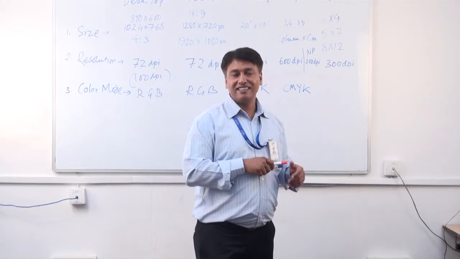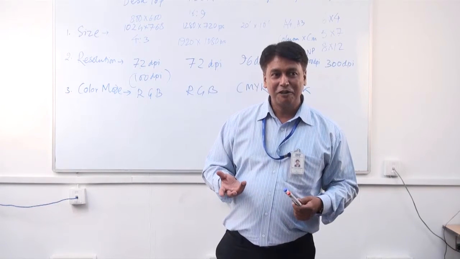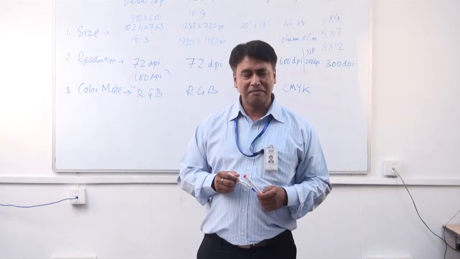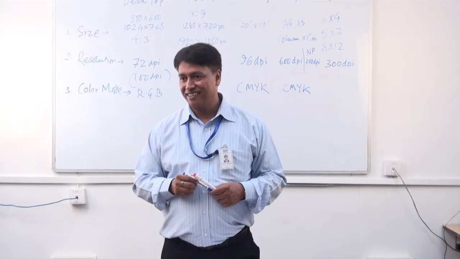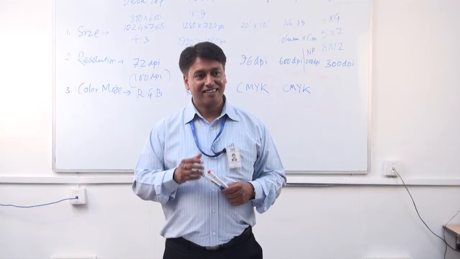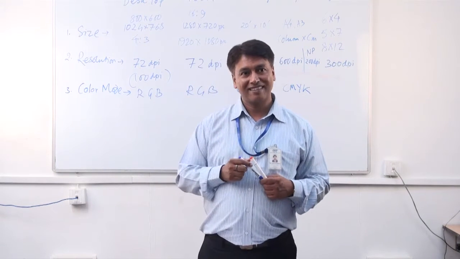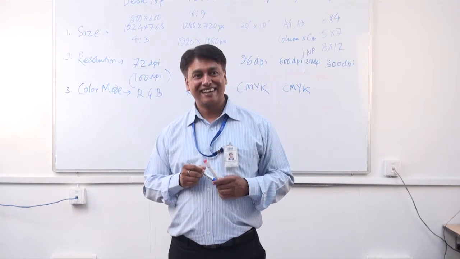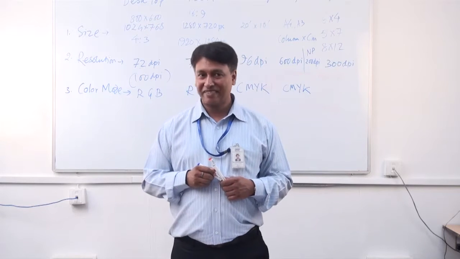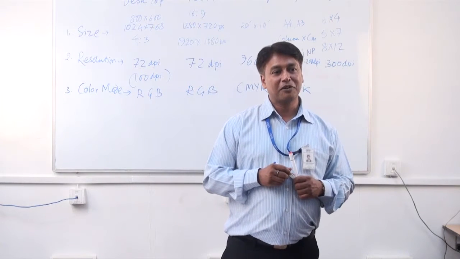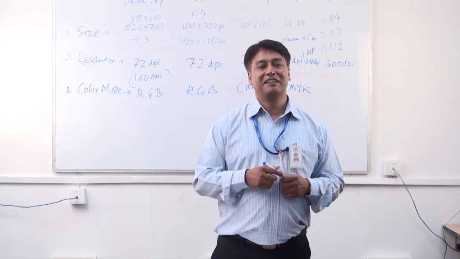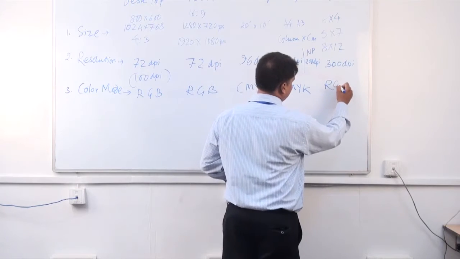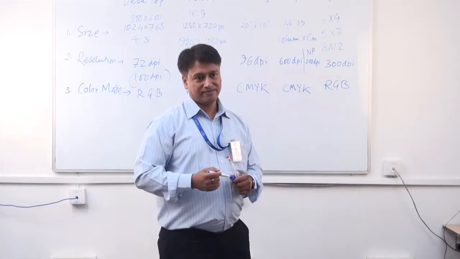What about the digital lamp? What should be the color mode? RGB or CMYK? You say CMYK. What do you say, people? Amit sir, RGB. Yes, sir. Which color mode? RGB. Why? Because all the digital lamp machines work on RGB. So we don't keep it CMYK, we keep it RGB. They use RGB technology.